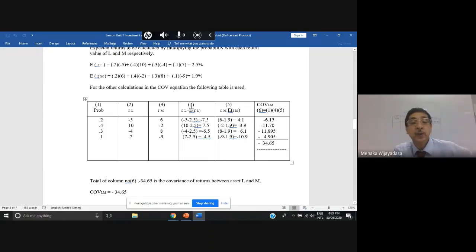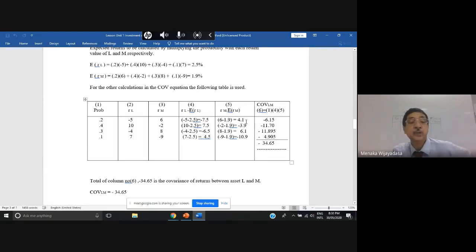Now all these columns are to be multiplied together. So then you get this last column. Now it is demonstrated as column 6 is equal to the multiplication of column 1, column 4 and column 5. So after multiplying, you get 0.2 into minus 7.5 into 4.1, then you get a minus figure